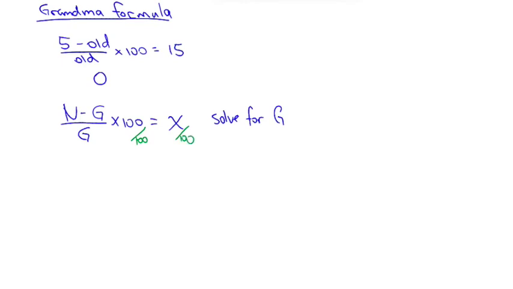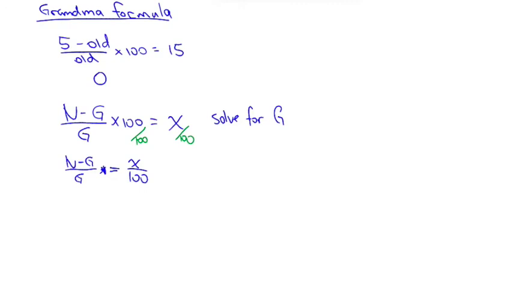So you get n minus g over g times 100, I got rid of the 100, is equal to x over 100. Okay, that's your first step. Do you remember solving linear equations, the steps involved? You know, get rid of parentheses. If you can, get rid of